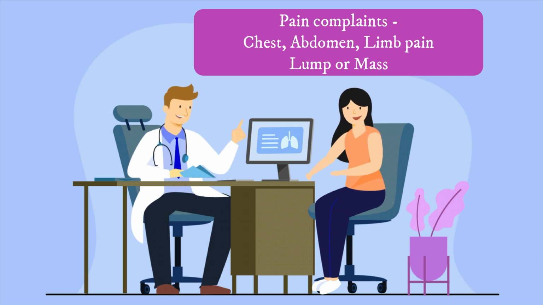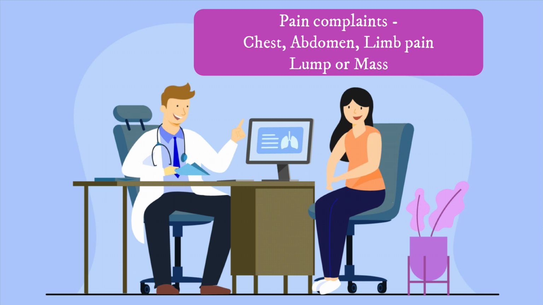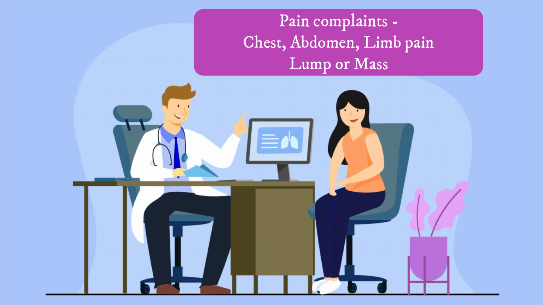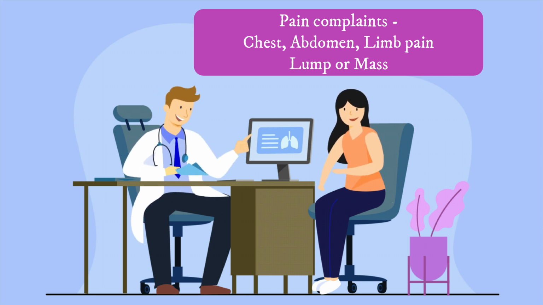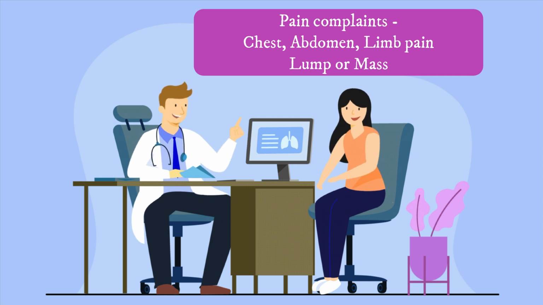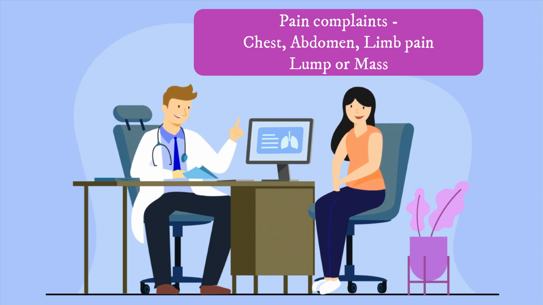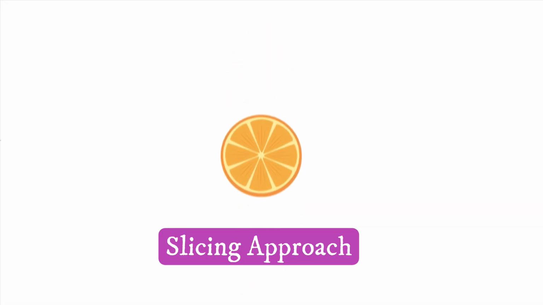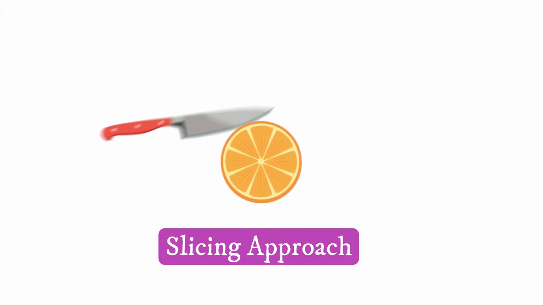Or you go further down, can this be something from the viscera inside? Can this be something from the bones? Or can this be something from blood vessels? See, once you actually take a cross section or slice the area, you will get a complete picture about the